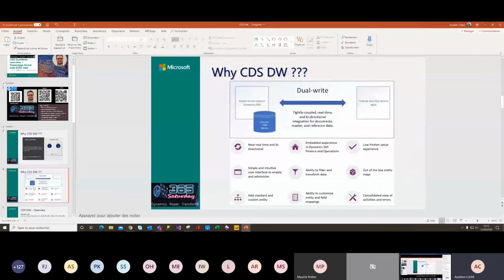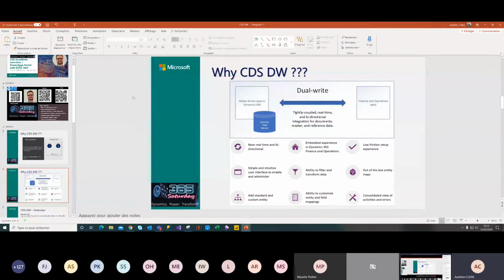So again, why CDS dual write? The CDS dual write is to have a tightly coupled, real-time, bidirectional integration for master and reference data. At first you will sync all your master data, and after that your reference and transactional data. It's bidirectional, but you can also set it up on one side.